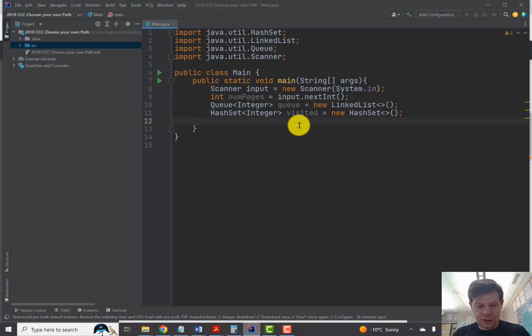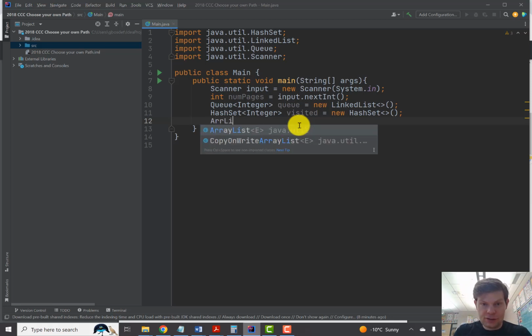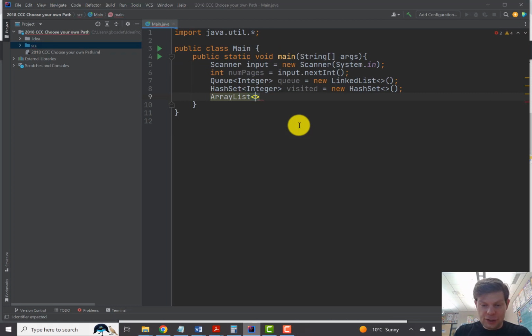So this is what that looks like. We're going to have an array list of integers, but an array of those. And I'm going to call this, I don't know, adjacency, or no, maybe I'll just call it neighbors. Next pages. Sure, next pages. And that's going to be a new